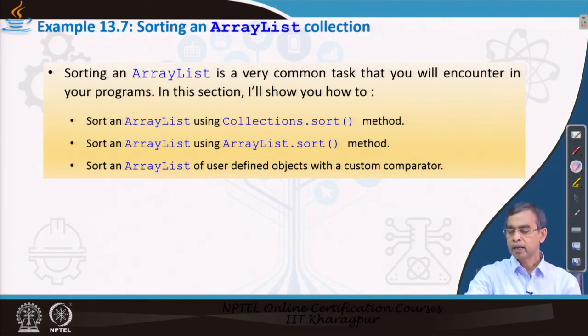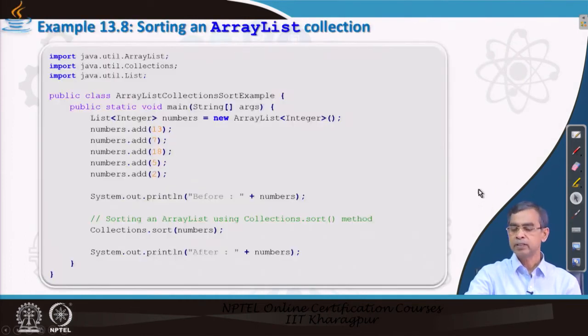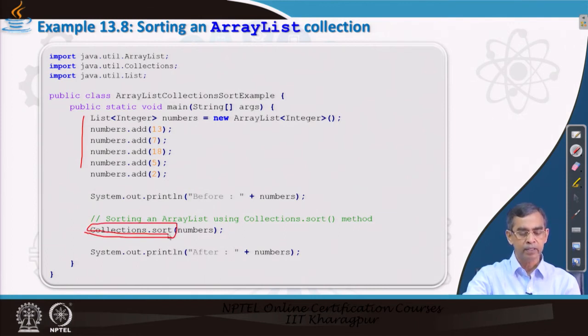Now, let us see the program. We first give a demo of the Collections.sort method. It is as usual: just create a collection and then call the Collections.sort method. You can see this is a factory method that you can call, and these are numbers. The numbers is the collection, we pass it into this, so it sorts, and the sorted elements will be stored in this collection again. It does not return the sorted one. So, the numbers elements will be modified into a sorted order, and after the sorting you can print the collection, and it will print this.